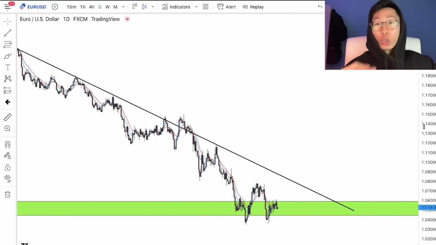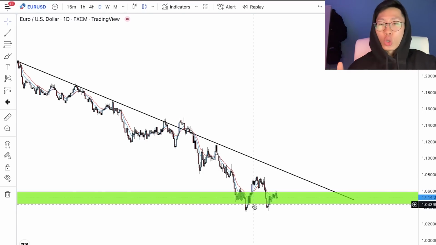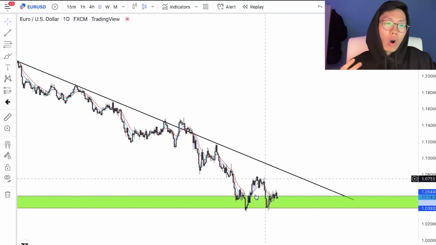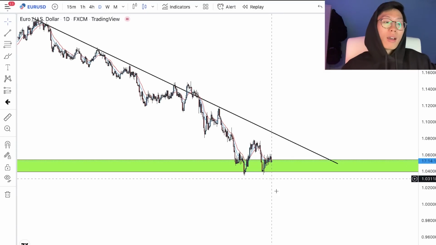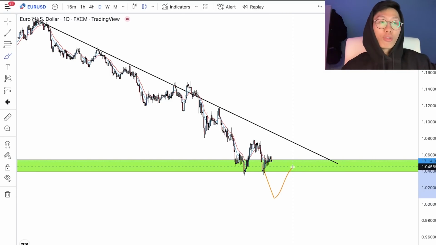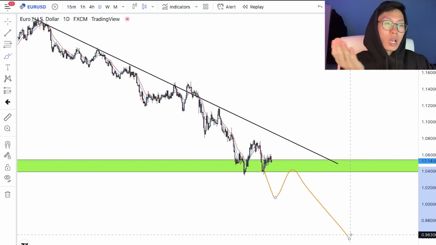And at the same time, you should not be entering for a sell position yet. It's too late to enter for a sell here, guys. Price is at a strong demand zone or support area, whatever you like to call it. And at this support area, there are going to be buyers. So if you enter for a sell here, you might be trapped in a consolidation, or you're just basically going to lose a lot of money. So if you want to enter for a sell, what you can do is wait for price to break below this key level. It must break below it, and then come back up to retest this area to form a little resistance area and continue going back down. That is when you can enter for a sell position.